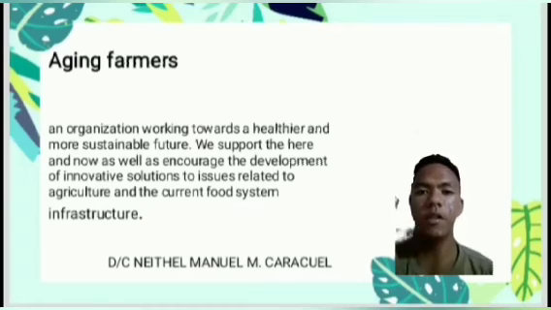And the third one is the aging of farmers. We have a lot to thank farmers for. Without them, who would grow our food? That's why the rapid decline of farmers, old farmers aging out with few young ones to replace them, is a big concern. The next generation is hesitant to go into farming because of lack of capital or own land. Others are drawn to careers that are more financially rewarding, easier, and prestigious.